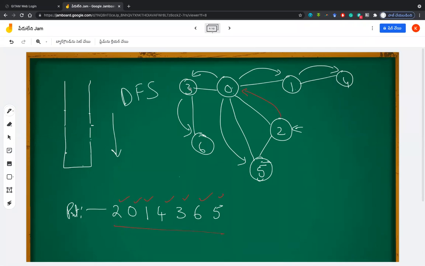From 0 you go to 3, from 3 you go to 6. See, here you are not going through the levels. You are just going through one by one. So one node from the other node, and you are going in deep into that, right? So the same way you go with trees in order and pre-order traverses.